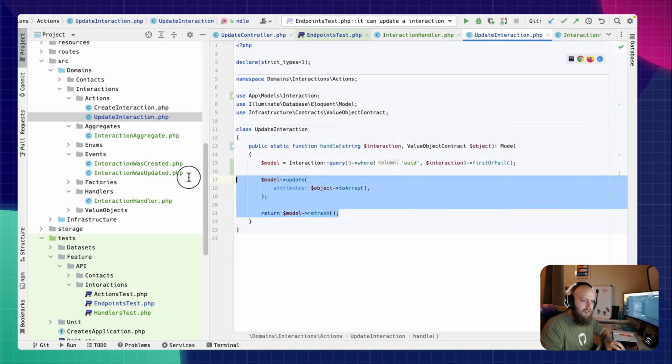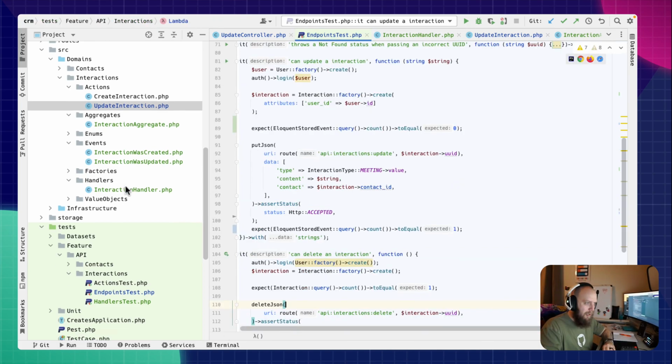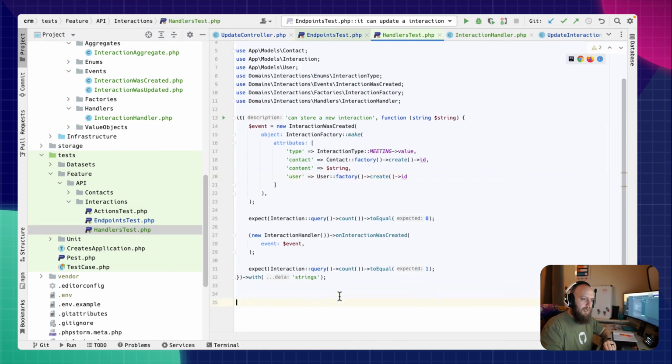There we go. So then we can still update and refresh, and everything still works exactly as we would have expected. So back on our tests down here for our handler, we can now do